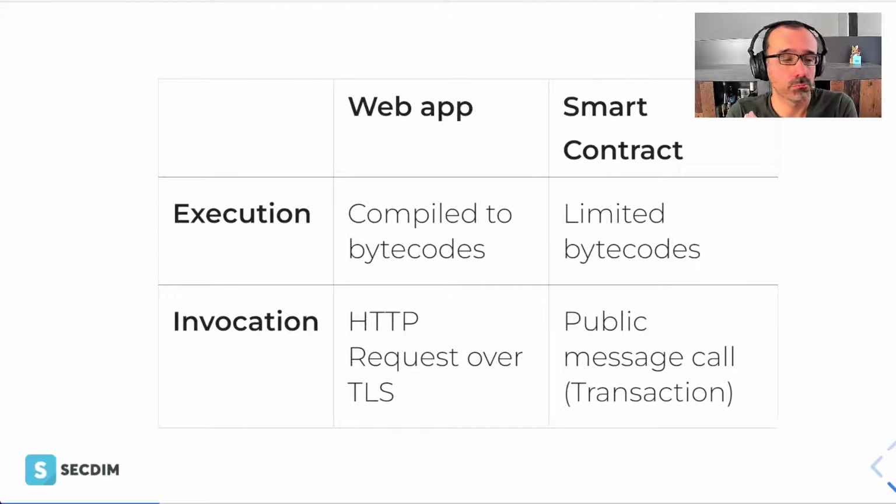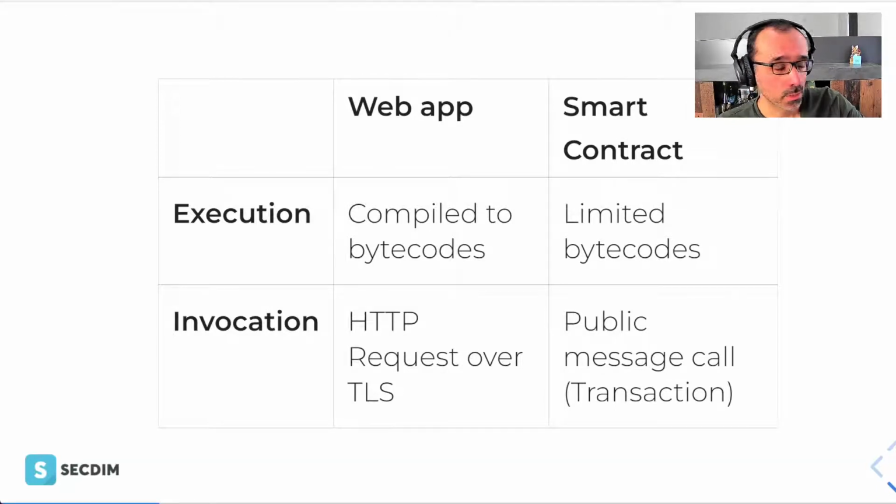Effectively, if I want to send a request to buy something or sell something, first I will create a request, and the request in the smart contract world is referred to as a message call, or in other words, a transaction. This transaction or message call will be sent to a pool, like a public pool of messages. I will talk about how this will be processed later. So we are not talking about a client and server model here. We're talking about a shared model where messages are public. From a security standpoint, you can immediately think about a number of issues or attack profiles related to this way of invocation.